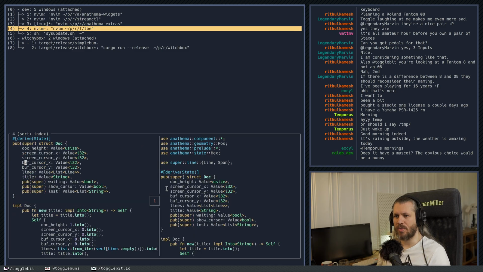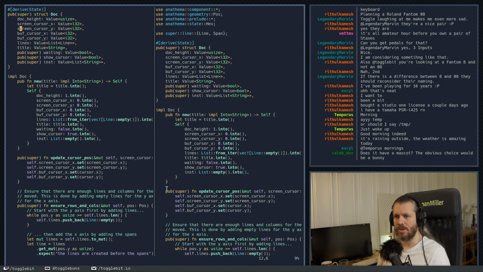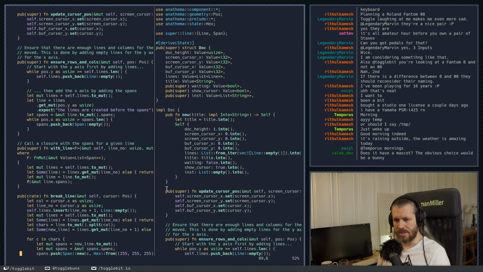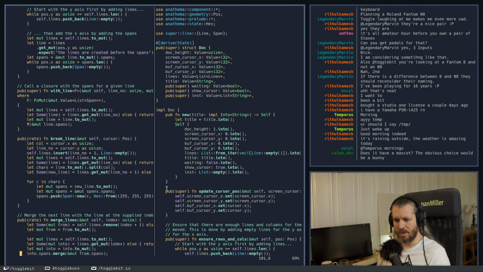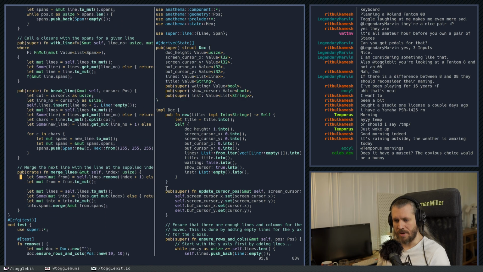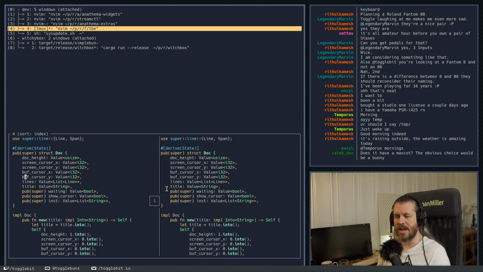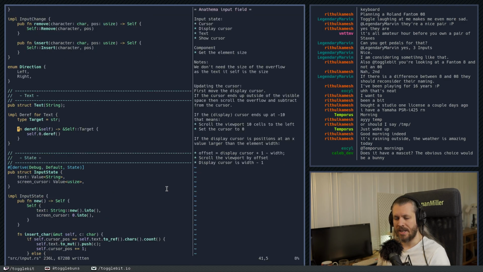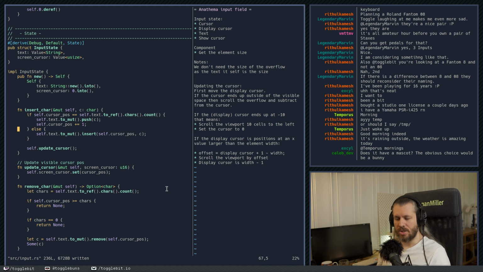Okay, so let's see. Since we're copying what we did here, let's see what we do in the state, right? We have updating the cursor, ensuring rows and columns. Don't need to worry about that. Don't need to worry about that. Don't need to worry about that. So everything actually happens out of the state. It all happens in here, right? So we just have